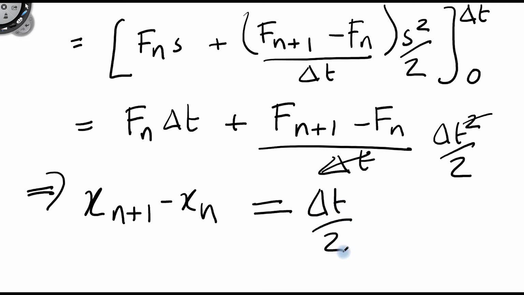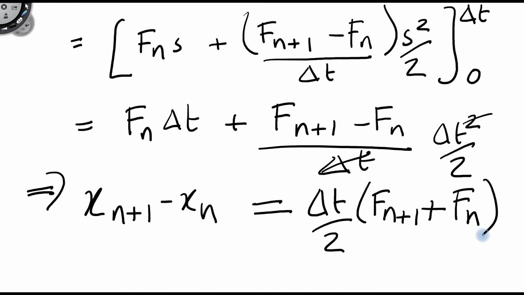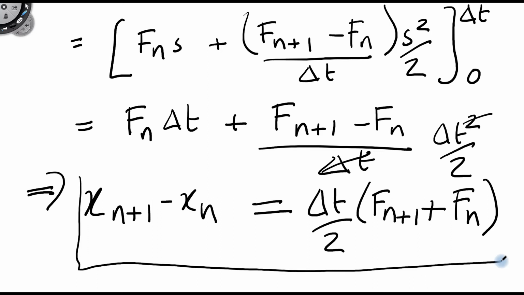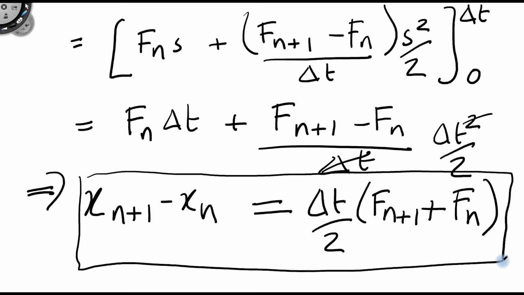delta t on 2 times f_{n+1} plus f_n. And if we look at it finally, what we're doing intuitively makes sense as well, because we're basically approximating the function by averaging it between step n plus 1 and n. And so this is